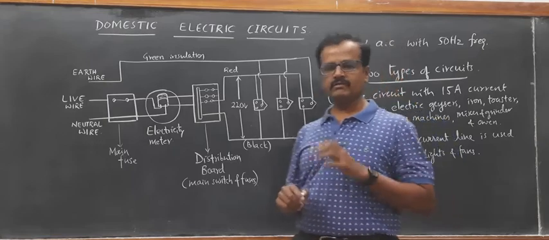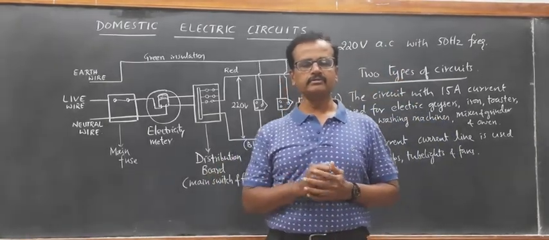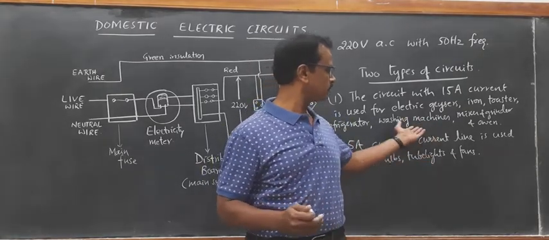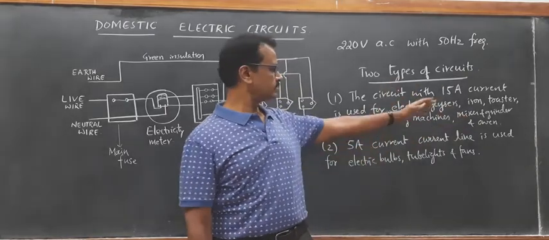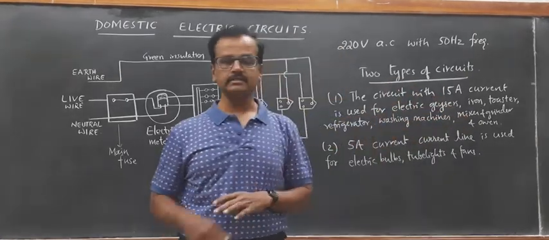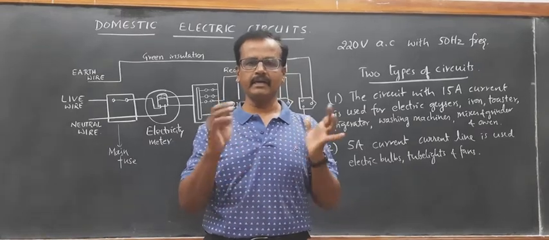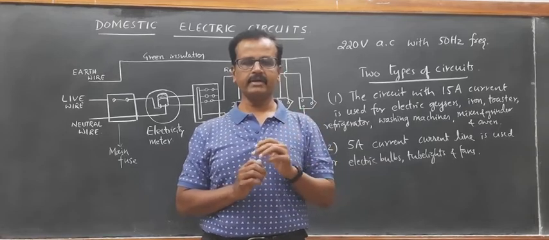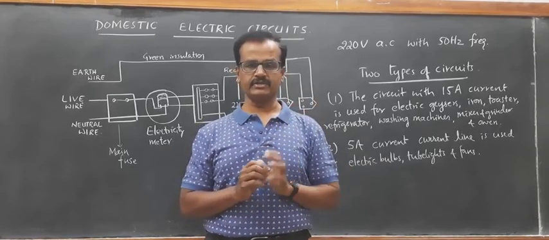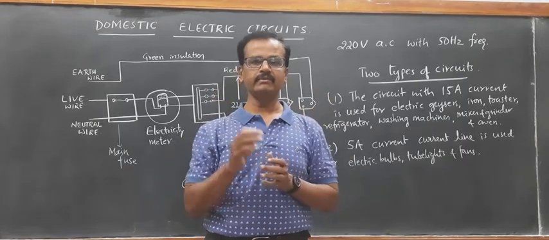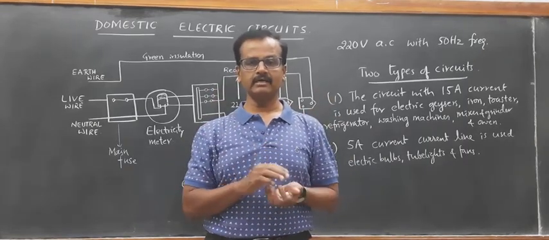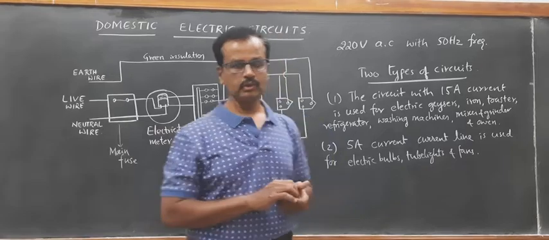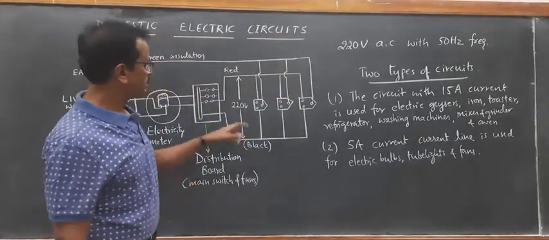What happens is, when we are using an electric iron, or an electric toaster, washing machine, refrigerator, geyser, these basically have metallic bodies. Even an electric table fan has a metallic body. Sometimes if there is any leakage of current, the metallic body will conduct that current. In case we touch that surface, we get a severe electric shock. So to prevent that severe electric shock, earthing is done.